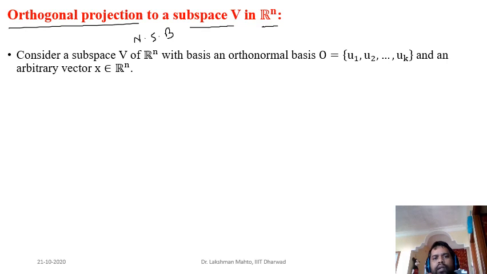Convert the non-standard basis into an orthonormal basis, right now by hit and trial. My question would not be based on a generic algorithm. It would be based on the hit and trial method. Through hit and trial you can convert this non-standard basis into an orthonormal basis right now. That means an easy picture is coming. So through hit and trial you can convert it, or just by inspection.